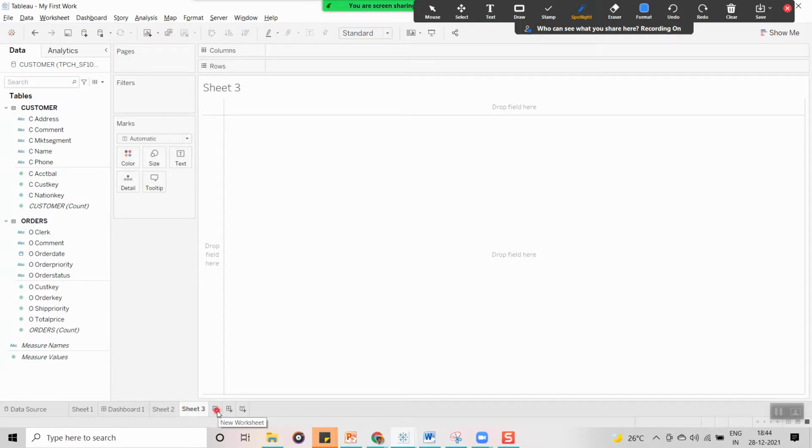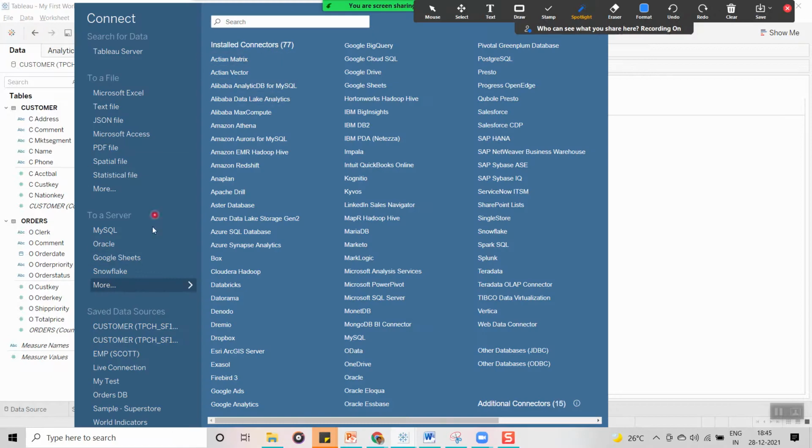And also here, to connect to any data source, for example, we already have one data source. If you want to create another data source, click on this icon. Now you can see, whenever I keep the mouse cursor on top of this, it is showing new data source. You can click on it. Now you are going to get the details from here itself. You can create a new data source. See, this is how you can.